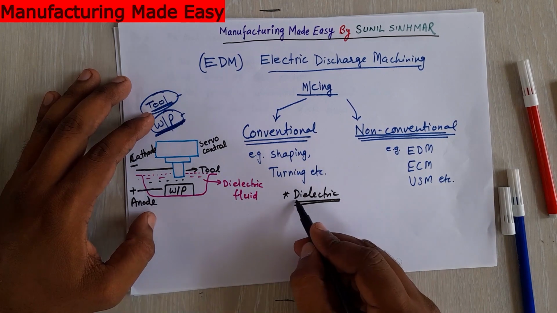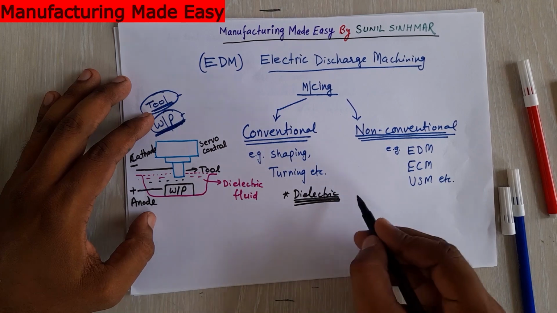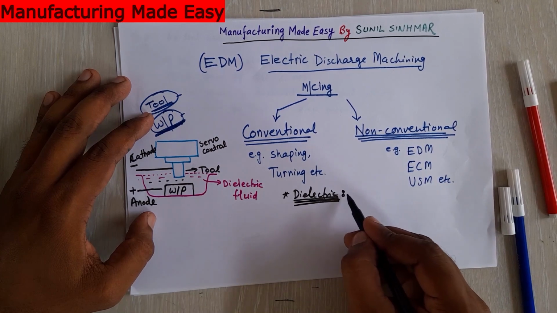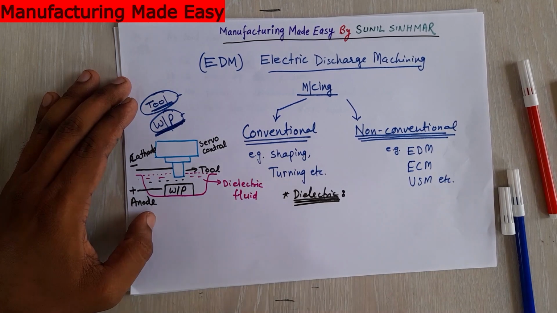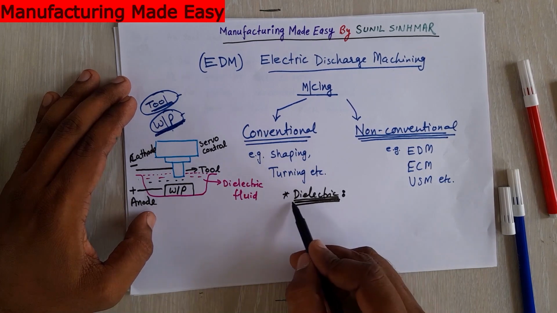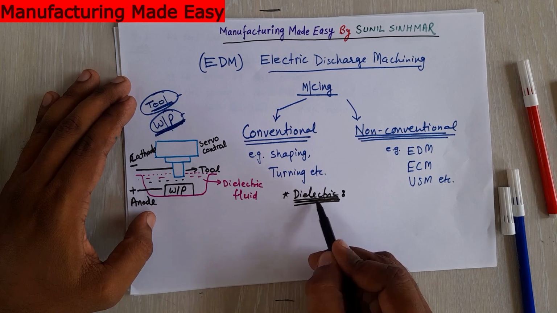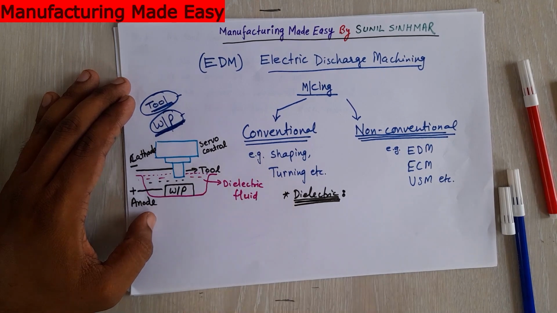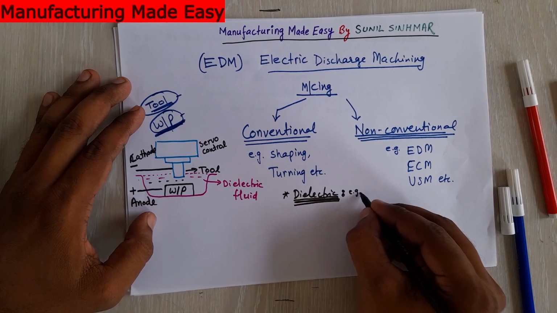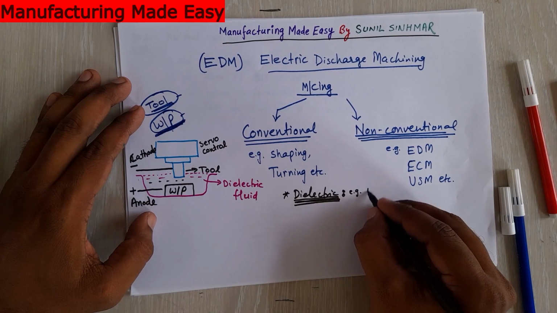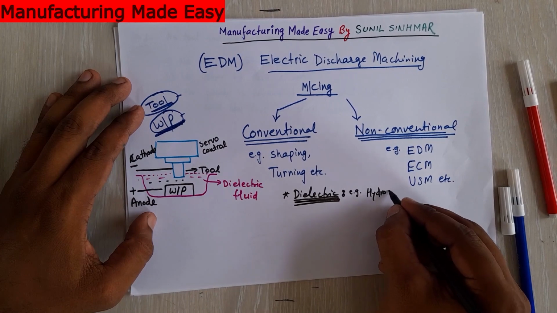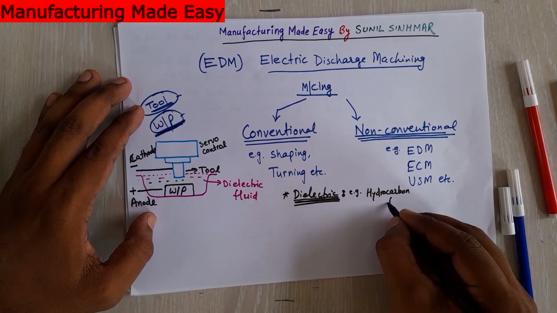It is a non-conductive fluid, and sometimes under a particular condition it may behave as a conductive one also, but that is a different thing. First we can define dielectric fluid as a fluid which is electrically non-conductive. So what are examples of this dielectric fluid? Like the fluids which are hydrocarbon fluid,